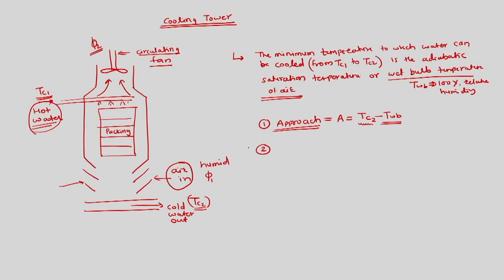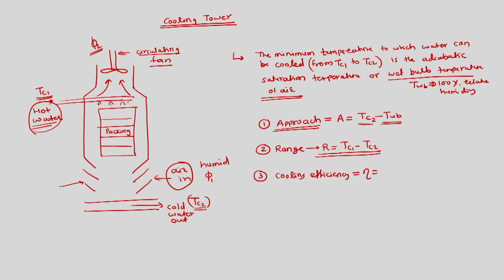Second is called the range of the cooling tower, and this range is defined as R. This is equal to TC1 minus TC2. So the actual cooling that the cooling tower does from TC1 temperature to TC2 temperature is called the range of the cooling tower. Then there is a third concept, which is called efficiency, cooling efficiency,